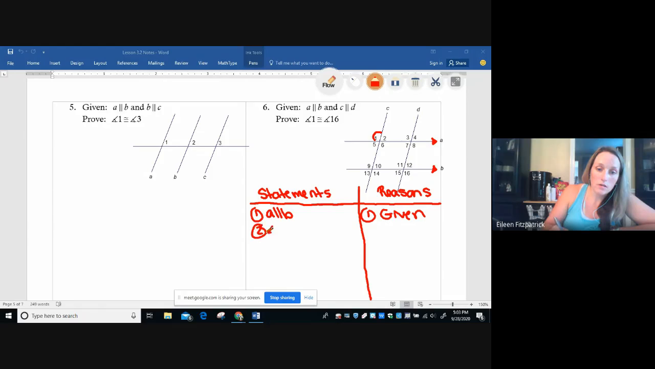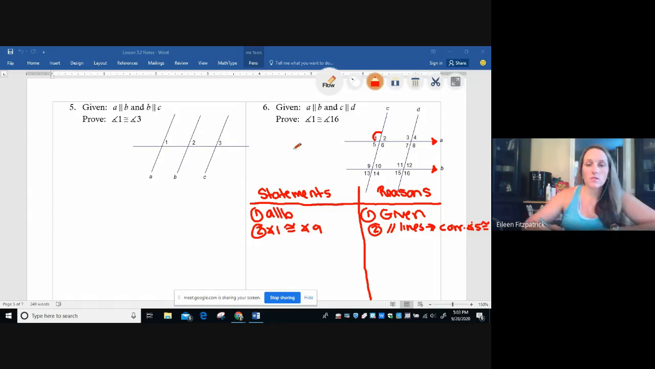Angle 1 is congruent to angle 9, and that's because parallel lines implies corresponding angles congruent. All right,